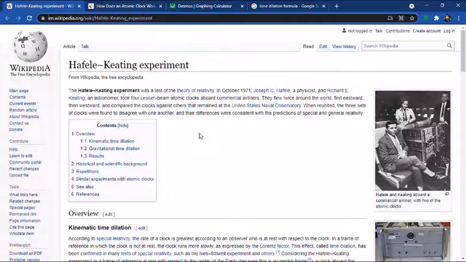And they said that this proves special relativity. Okay, and